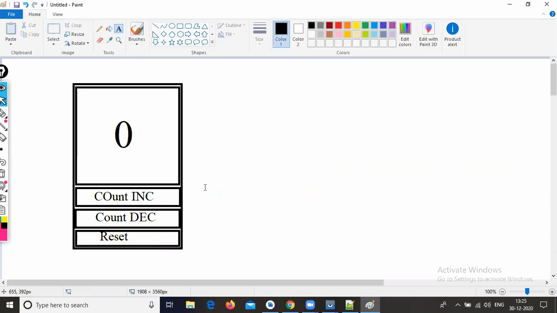So in this assignment, you need to implement 3 on-click listeners. We have 3 buttons, so we need to implement 3 on-click events. You can prefer anything, either by using Java or by using XML. That's your wish. If you have any doubts, at any time you can post them in your WhatsApp group, and we will rectify them as early as possible.